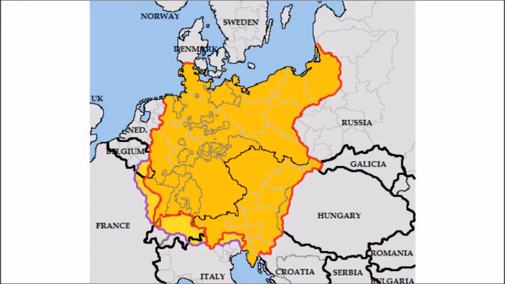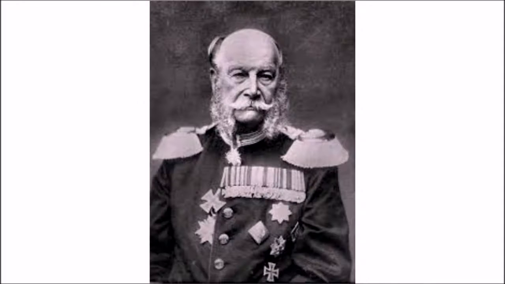According to this, a German empire was to be founded as a close federation of more than 30 states. It was to be headed by the King of Prussia as the emperor and was to consist of a legislature with two houses, one representing the states and the other the people.